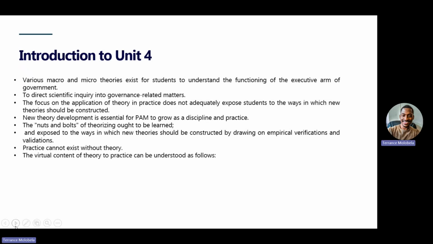So very, very important. I can give you one of the new theories that were developed after traditional public administration, known as the new public management, that was used to actually respond to some of the demands that the traditional public administration could not meet